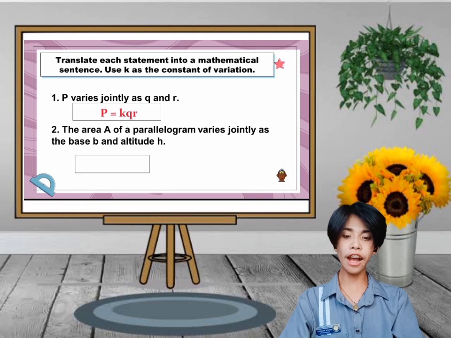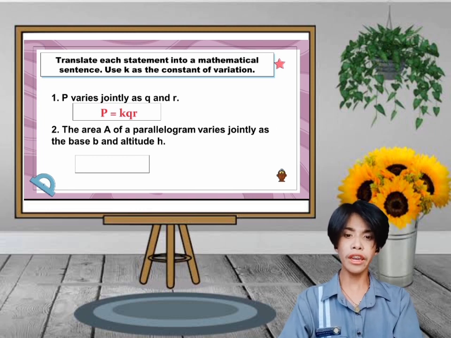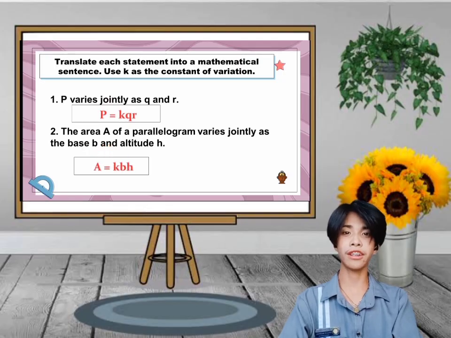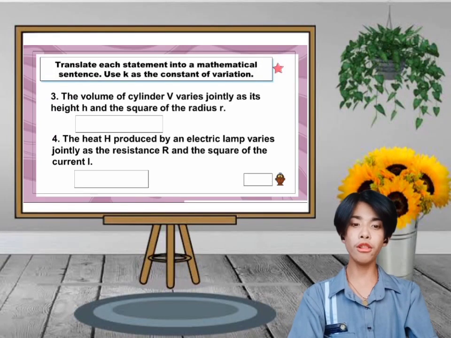Another, the area A of a parallelogram varies jointly as the base B and altitude H. So, A equals, jointly base B and altitude H. So, that is A equals KBH. For number 3, the volume of a cylinder V varies jointly as its height h and the square of the radius r. So that is V equals kh, and since meron tayong square of the radius r, so magiging